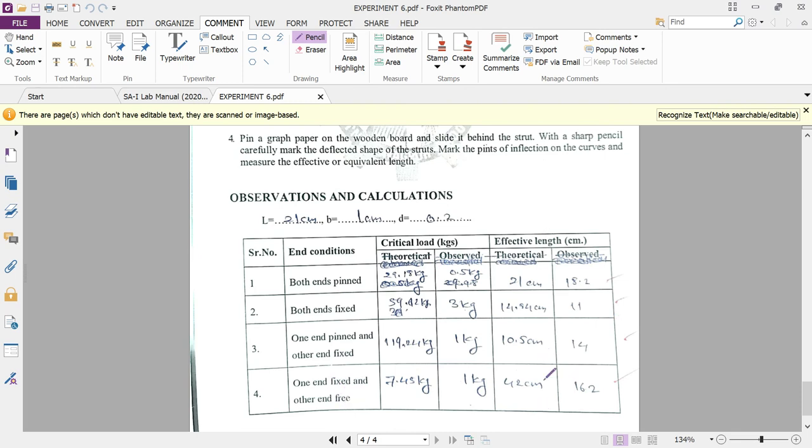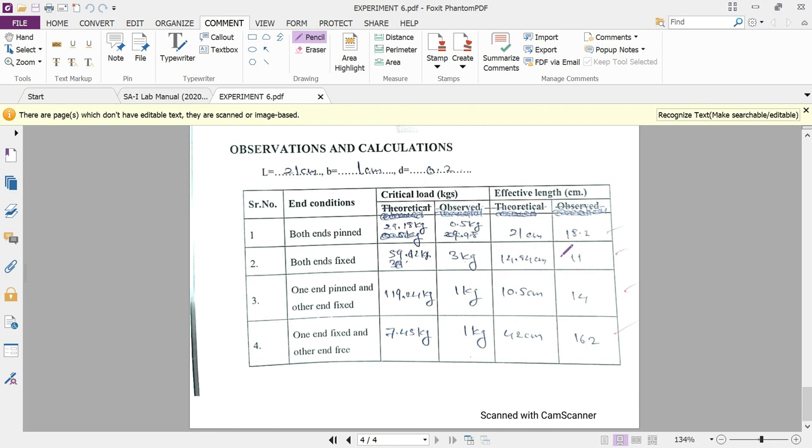And these are the effective lengths. These are the theoretical, and these are the observed values of the length. The observed value of the length is the one that we obtain after we plot the graph, after the deflection of the column because of the external loading. That is the experimental value, and these are the theoretical values. You can see that the original length behaves somewhat differently theoretically, and the observed values are somewhat different because of the buckling. The effective length of the member also changes or increases.